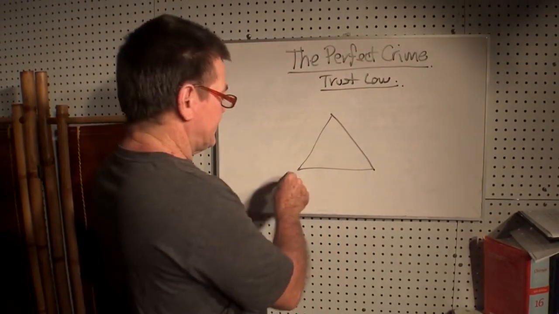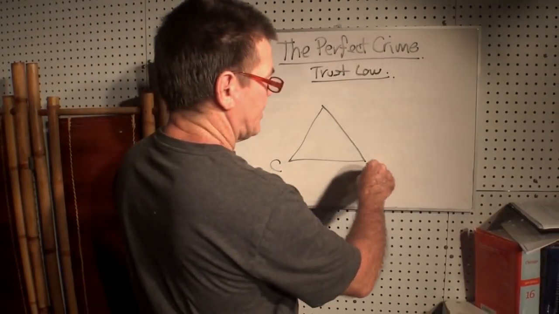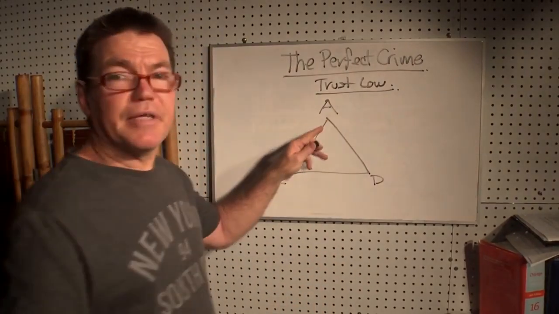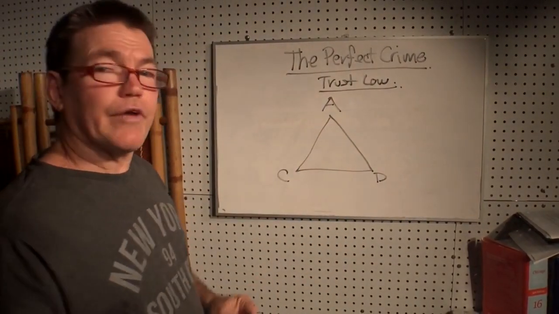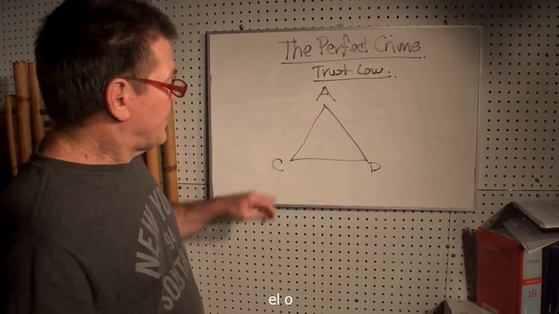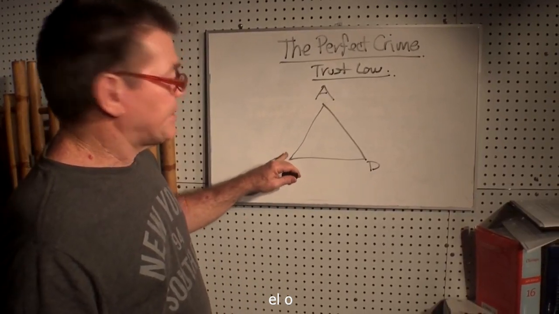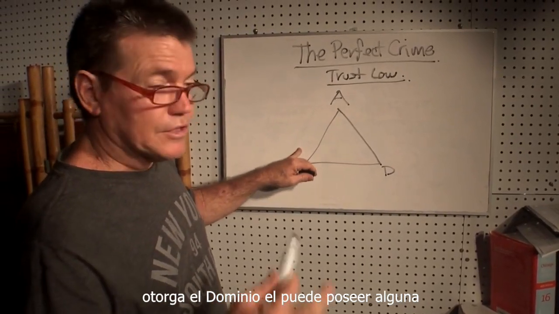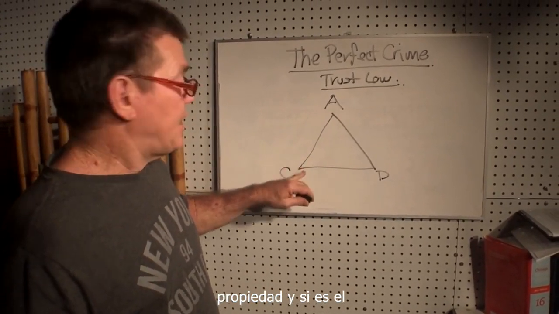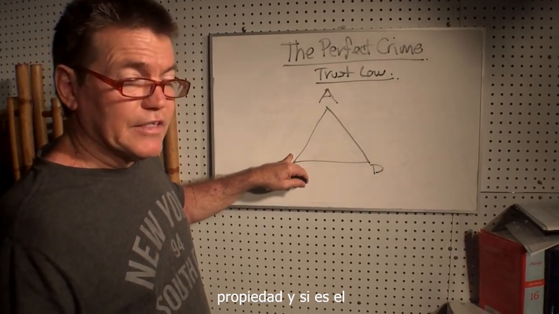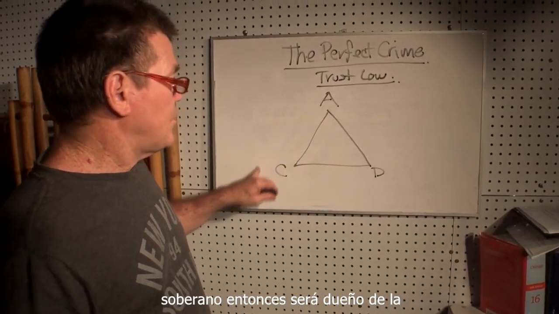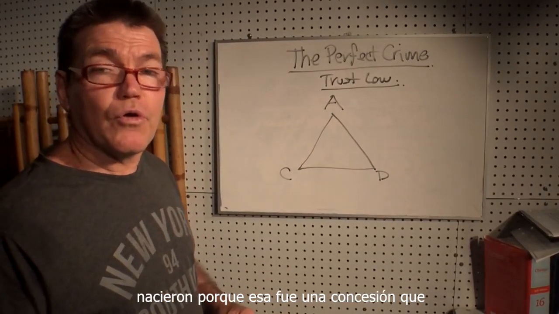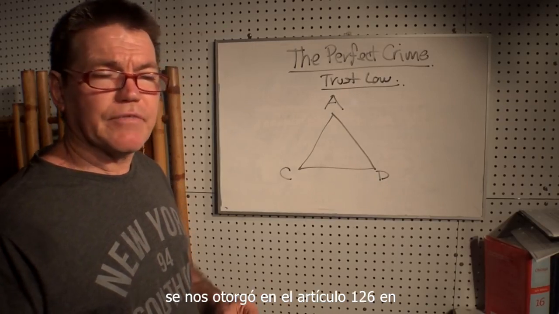Trust law has a creditor, a debtor, and an administrator. It's got three elements in it. The creditor gives or grants the dominion. He may own some property, and if he's the sovereign, then he will own the mineral and energy wealth of the land that we were born onto, because that was a grant that was given to us in